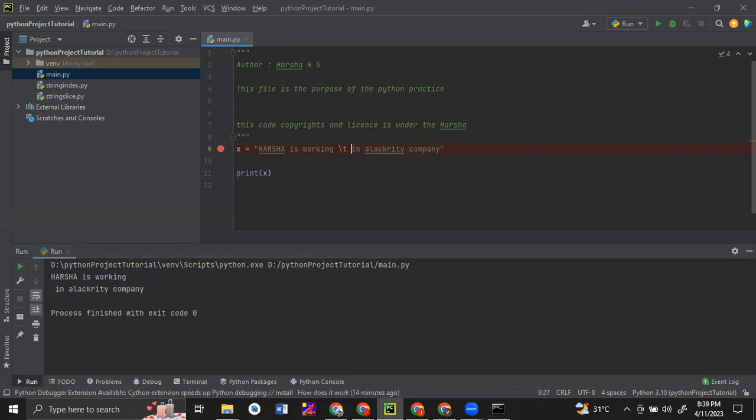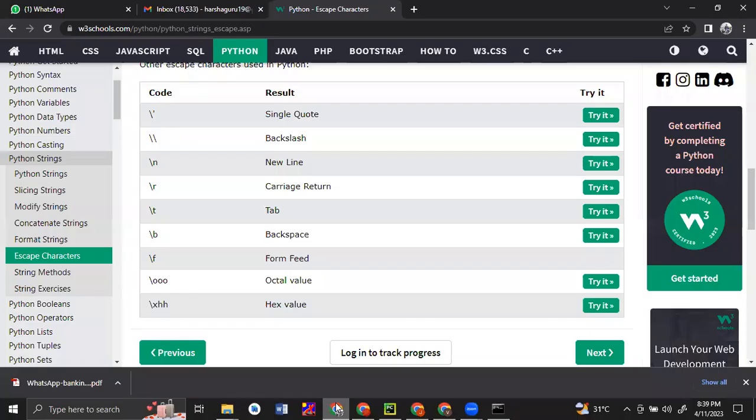slash t, so here exactly it is taking one tab space. And if you use the one backslash, it will just delete the G. See here, it is not showing the G character. So it means it's going back one space. And if you want to make it an octal,